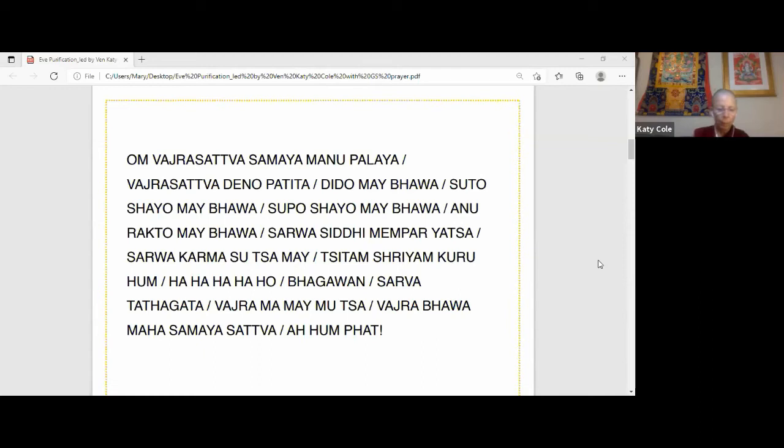Vajrasattva samaya manupalaya Vajrasattva dina patita Duda meboa sutokaya meboa supokaya meboa Anarakta meboa Savasiti mempeyata sava kama sita me Sitam shriyam kuruhum ha ha ha ho bhagavan Sava tata gata vajramame mutta vajrabhava mahasamaya sattva ahum pe Vajrasattva samaya manupalaya Vajrasattva dina patita Duda meboa sutokaya meboa supokaya meboa Anarakta meboa Savasiti mempeyata sava kama sita me Sitam shriyam